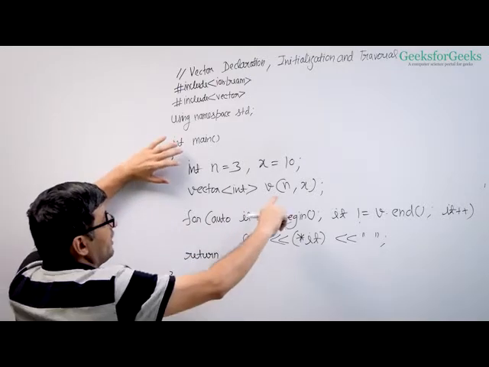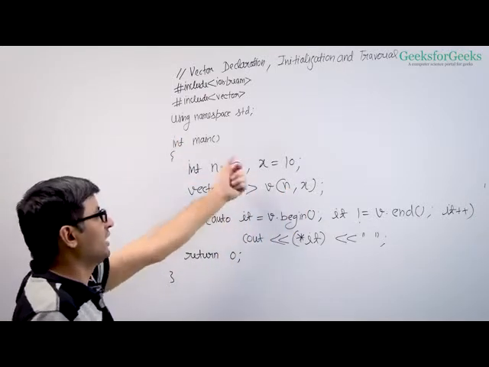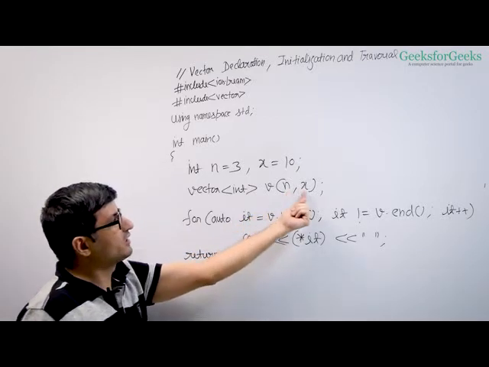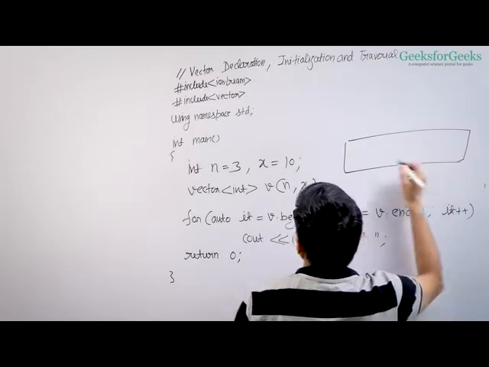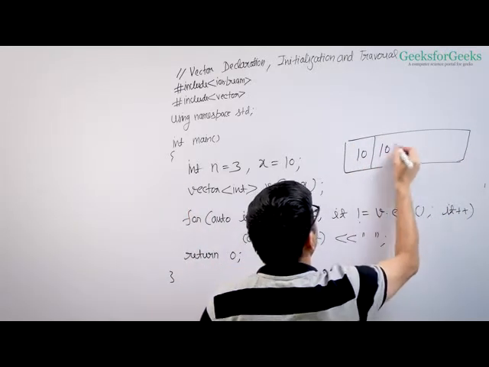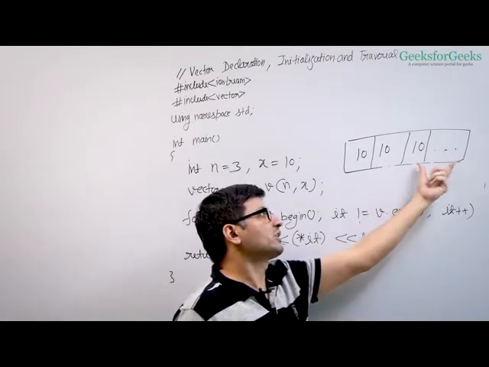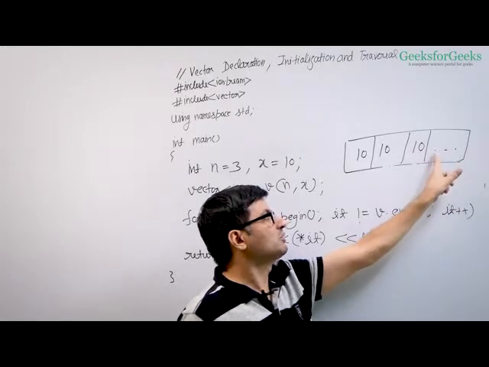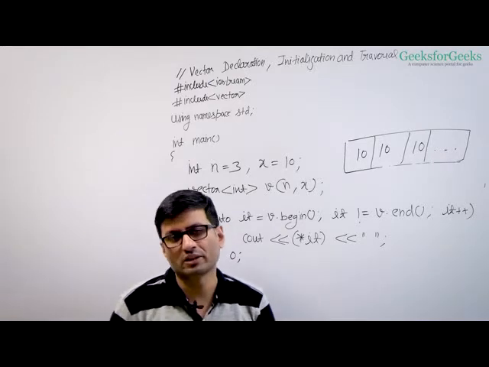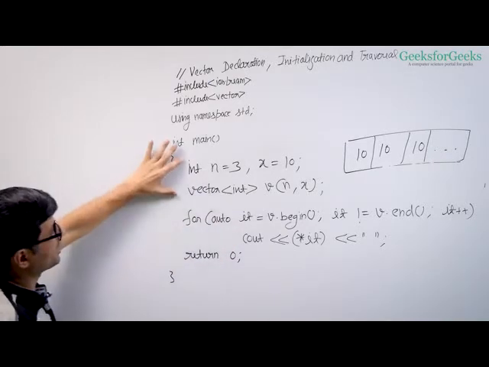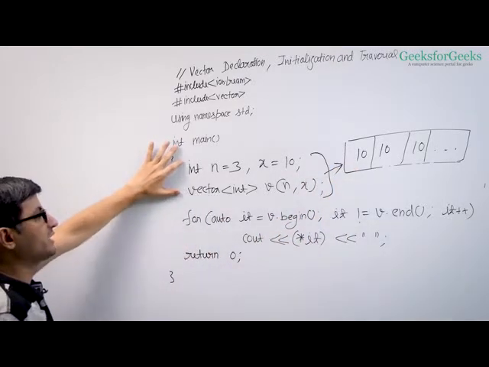Here is one more style of creating a vector and traversal. We can create a vector of a given size such that all the elements have a given value. So this is size and this is value. What it does is create a vector of size 3 where all the values are 10, 10 and 10, right? Please note that vector pre-allocates some extra space. So in all the diagrams, I'm using some extra space, even though there are only 3 elements. I'll explain the internal working of vector soon. So it creates a vector of size 3 with all the elements as 10.